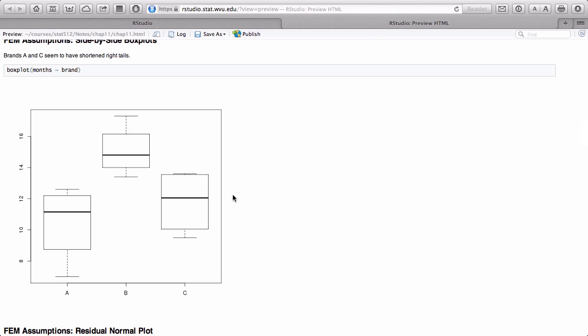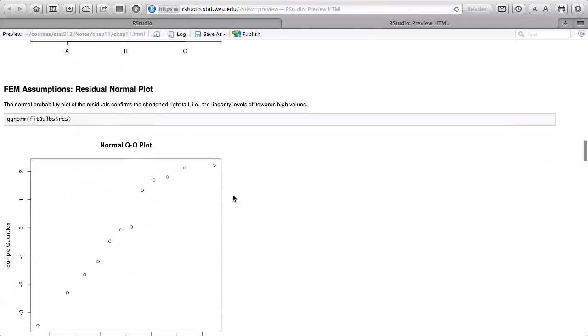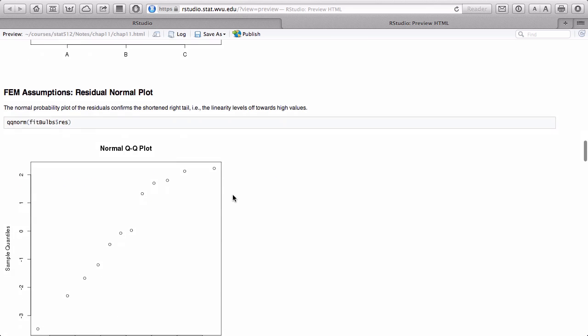there must be some size I can set it to that they'll show up. At any rate, that was the box plot. You notice that it appears that brand B is the winner. So if you were looking at that, you'd probably say there's probably not a difference between A and C. It appears that B is larger. Now, if this were a fixed effects model and we did an analysis of variance and had a significant difference, then we could do these follow-up procedures. So it appears that there are some differences here. But perhaps most importantly,